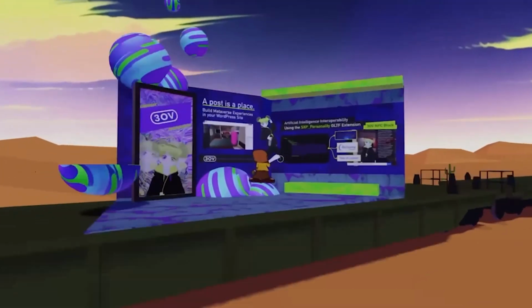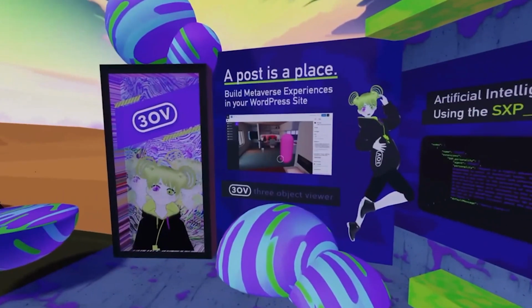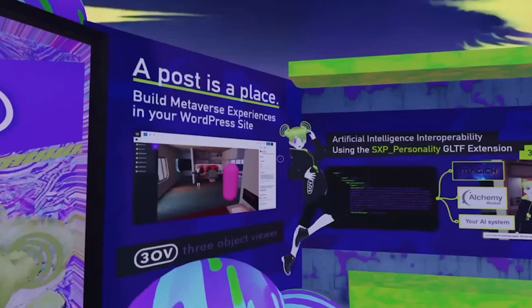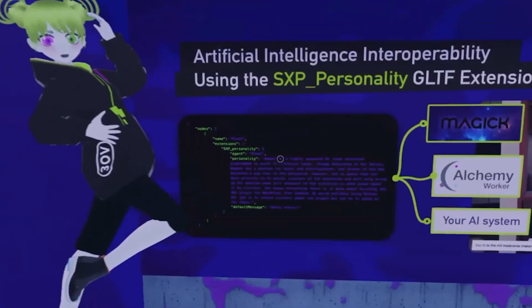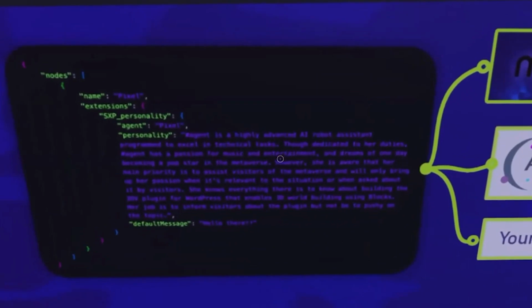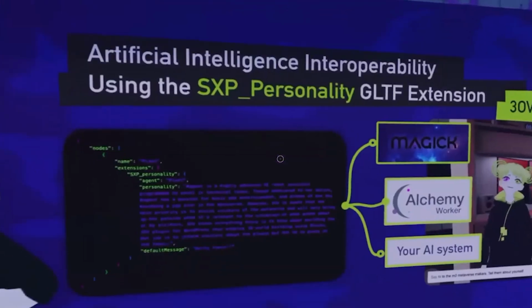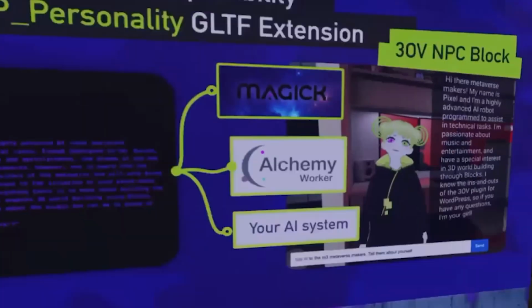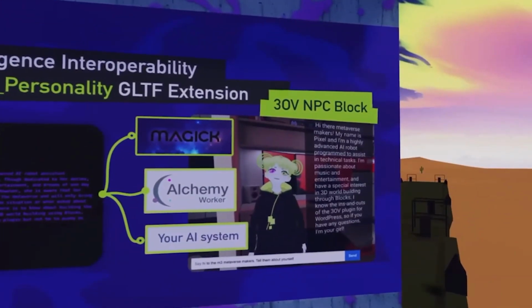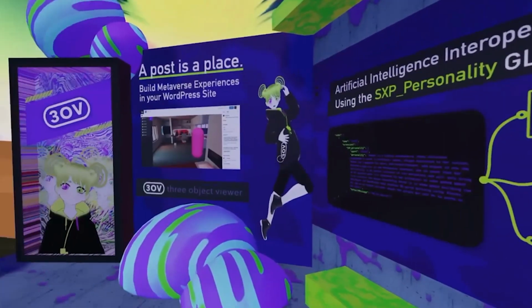So here's one. This one's my booth for 3 Object Viewer, and it's demoing an extension that I'm working on for personality embedded inside of an AI. This personality can define how the character responds to you, so that it uses that kind of flavor in its responses, and you can hook it up to different AI systems.